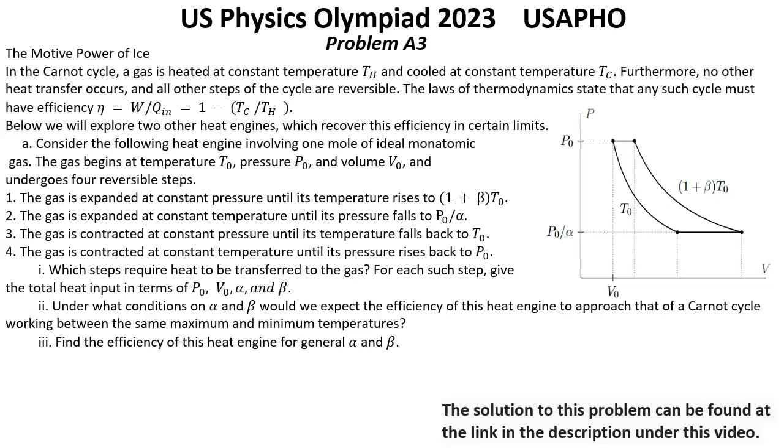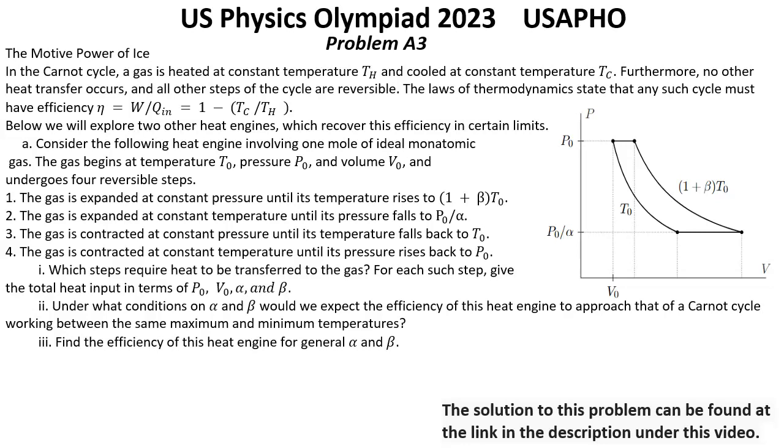In the Carnot cycle, a gas is heated at a constant temperature Th and cooled at constant temperature Tc. Furthermore, no other heat transfers occur and all other steps of the cycle are reversible. The laws of thermodynamics state that any such cycle must have efficiency nu equal W over Q in, where W